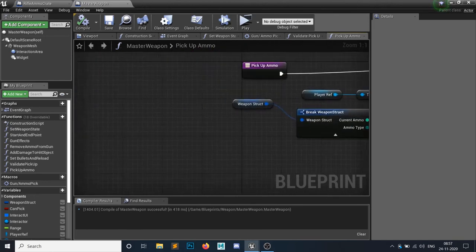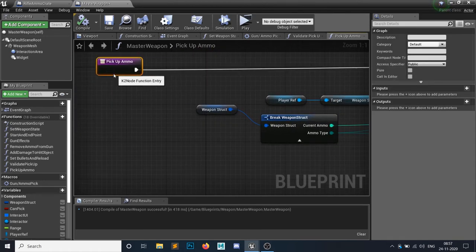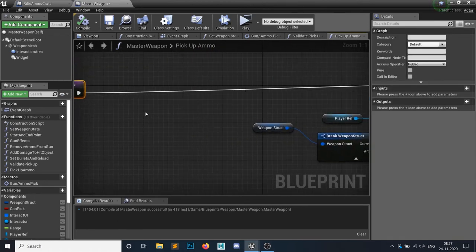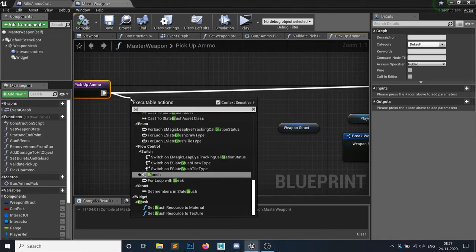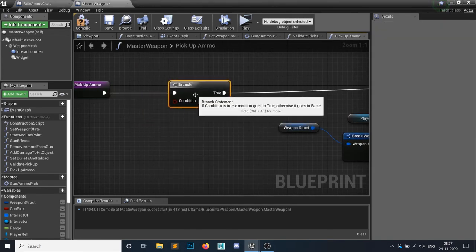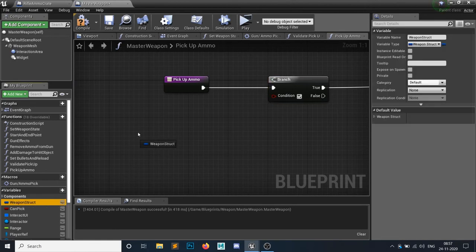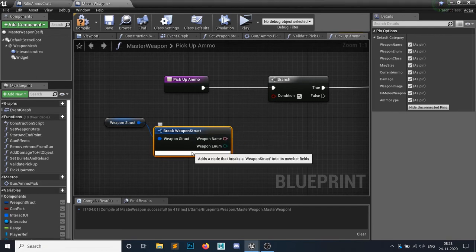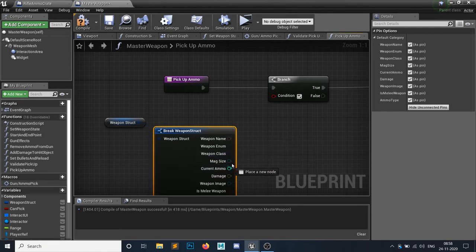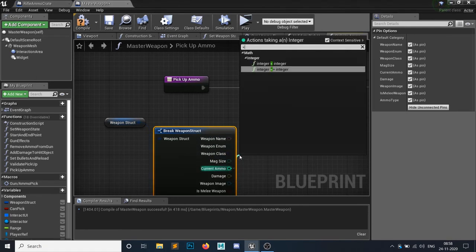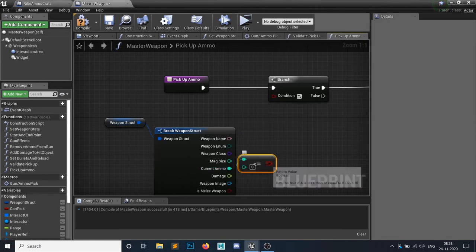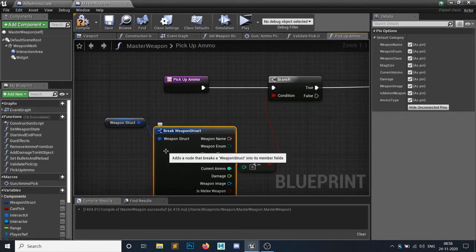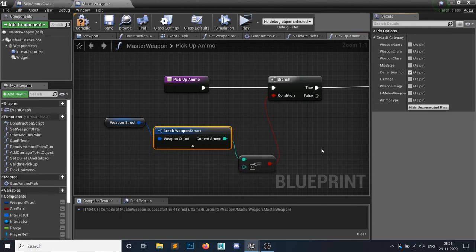Okay, and in here, let's make some room. This is just for debugging purposes. Hit branch. If my weapon structure, get a break, yes. Alright, if my current ammo is less than or equal to 0, it won't do it, but okay.